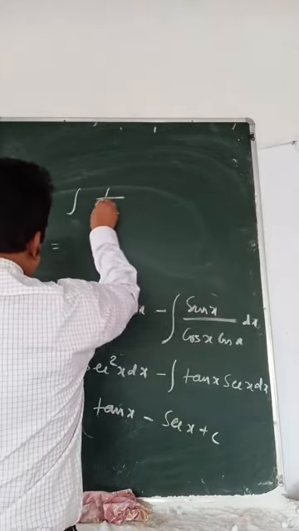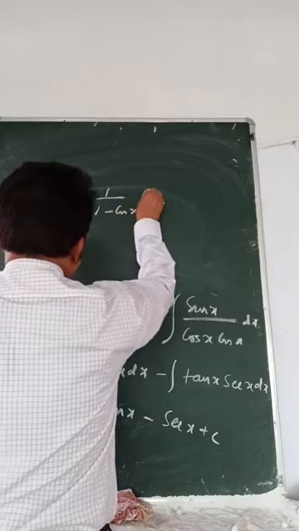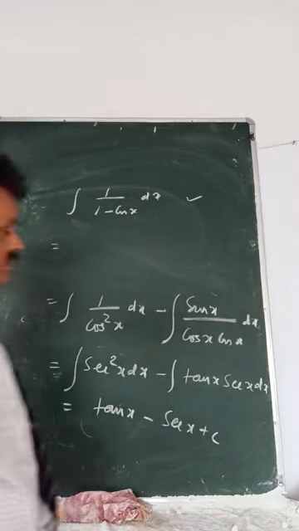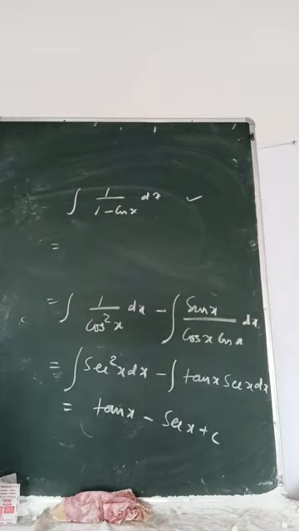Suppose 1 by 1 minus cos x dx. Exactly how you did this, same method you have to do. Okay. So let me take one more question. The question is,